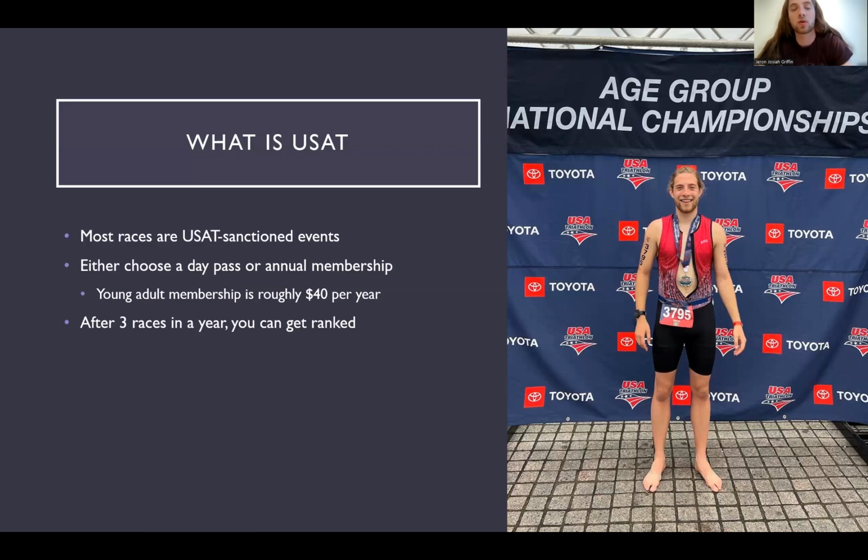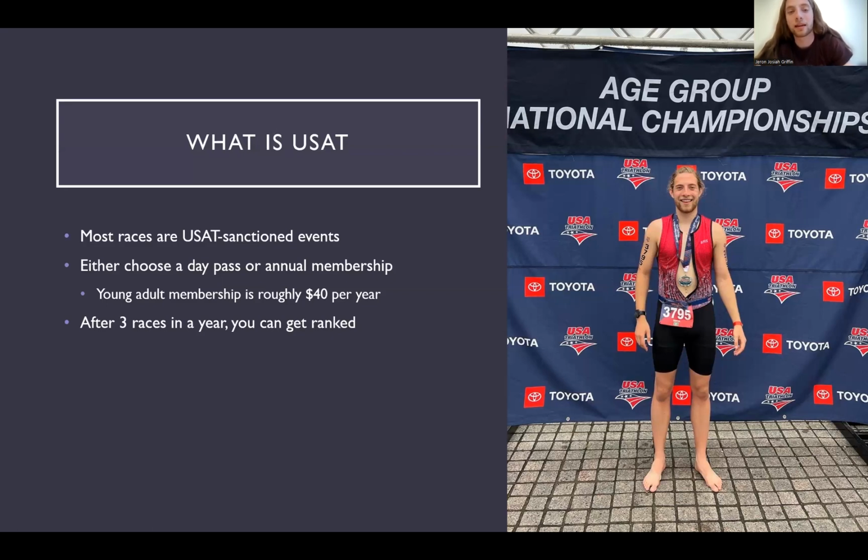You can still find your rank number if you only do one or two races, but it's not an official one that will qualify you on its own. You'd have to do good enough in a race. I only did two races last summer, but I still qualified. If you do good enough in your age group, then it's really easy to qualify, and especially in our age group, there's really not that many people competing.